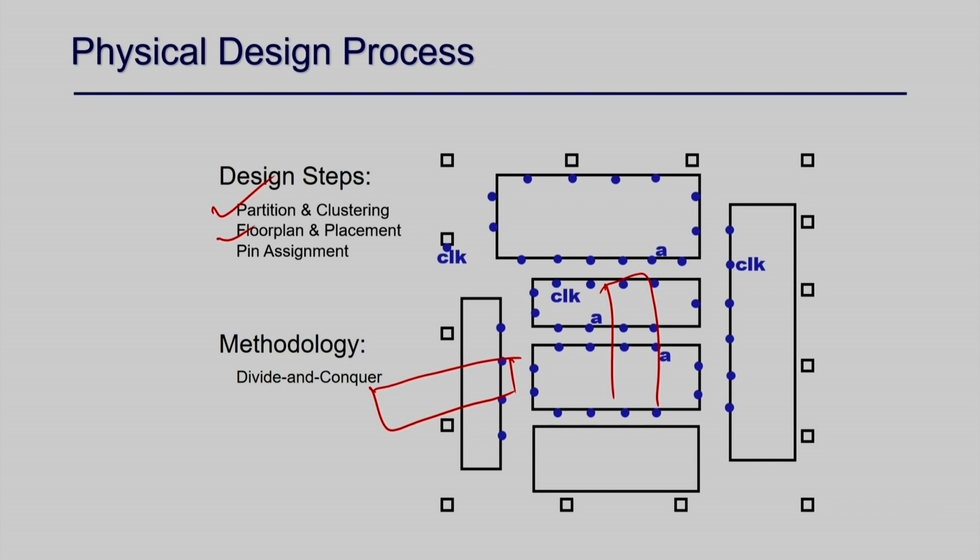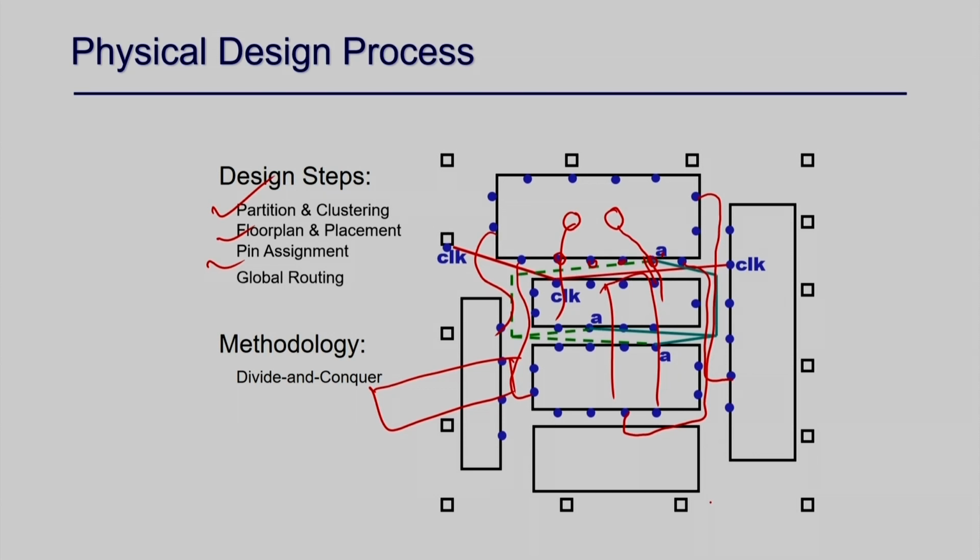As you understand, from this component there will be many interconnections going to some other places. It may go to these places, this may go here, this may go to some other places. So there are a lot of interconnections. Basically if you have a gate that will try to communicate, you have to assign some pin, because now you have to make an interface for this module. Whatever interconnection from here is going out will go through some pins. So these are the ports, kind of. So you have to assign pins for each component, which is called pin assignment, and then you have to make the actual connections. Once you have this, you have to make the global routing.